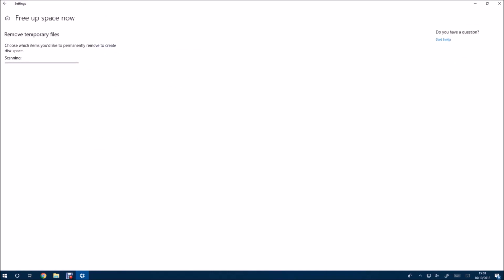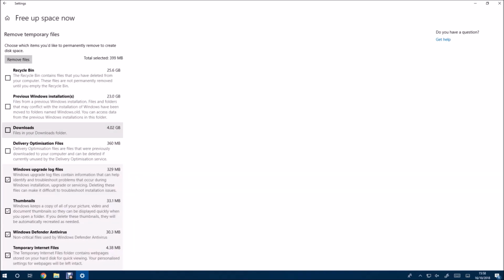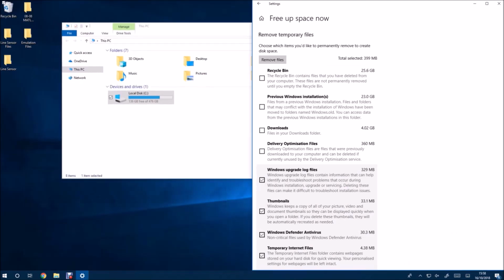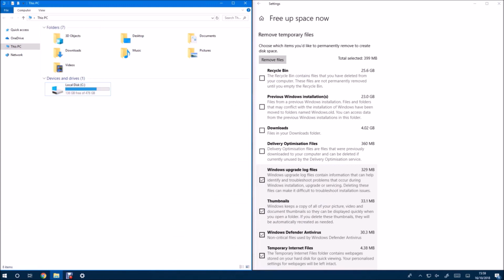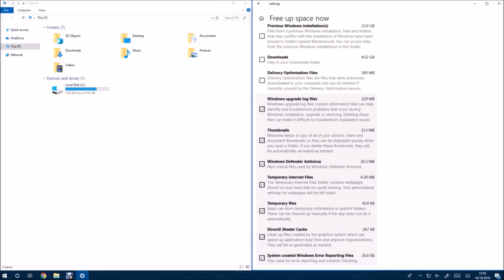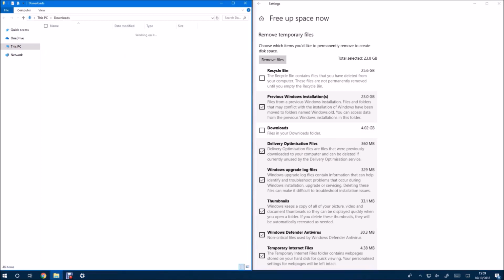and it will scan my solid state drive and tell me what I can clear out. By default, the following are selected: Windows Upgrade log files, thumbnails, Windows Defender antivirus, temporary internet files, temporary files, and DirectX shader cache. Now the things that will likely save you the most space are removal of previous Windows